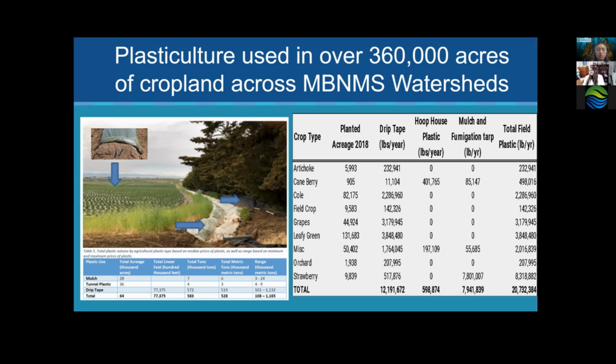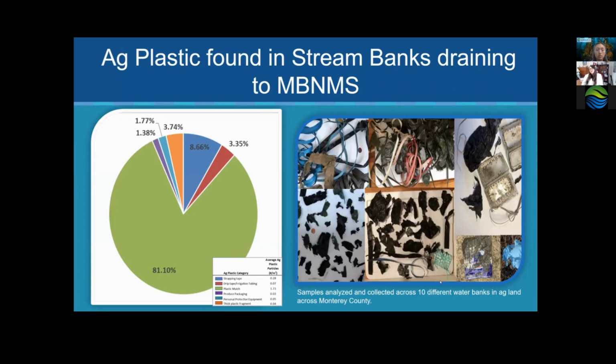in 2019. And we focused it here in Monterey. We wanted to understand what was the plastic use across Monterey County and Santa Cruz County. And one of the reasons that we did this was we wanted to help guide our work as we moved forward. And so from here, we recognized that drip tape was the highest plastic use based on weight. And we also found that what we were seeing in our ditches was mostly traced back to plastic mulch. So this really, about 81% of the plastic that we found in stream banks draining out from,